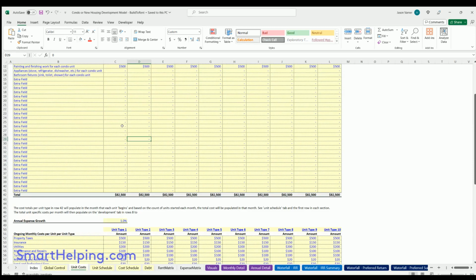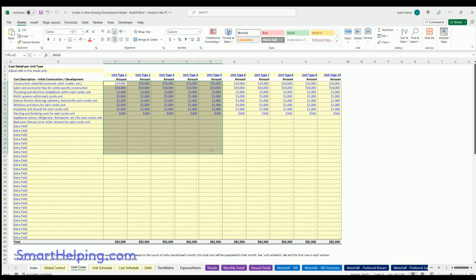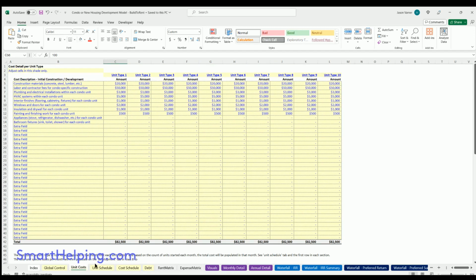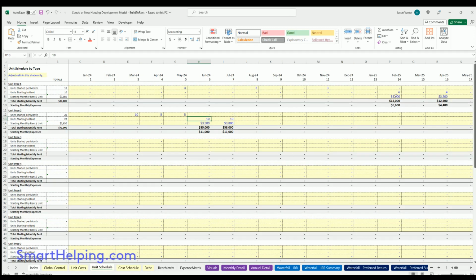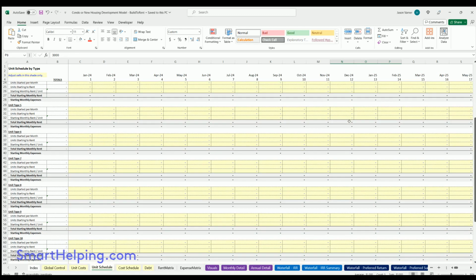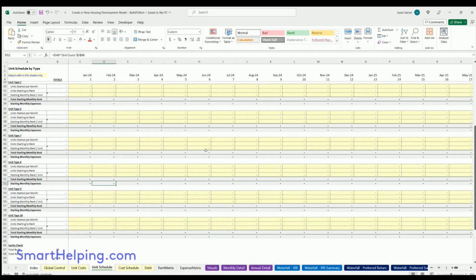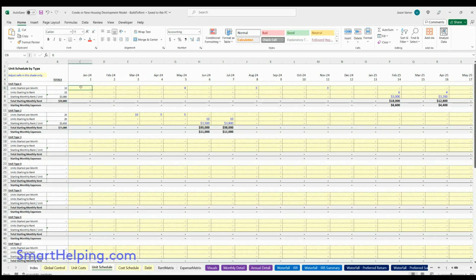We've got unit costs for building. The main difference is now we have ongoing costs per unit type. We also have on the unit schedule here, we've added ongoing or starting rent per unit type for all 10 types. And the expenses will roll in here. You can still easily adjust when you're adding units and when those units are being essentially onboarded or starting to